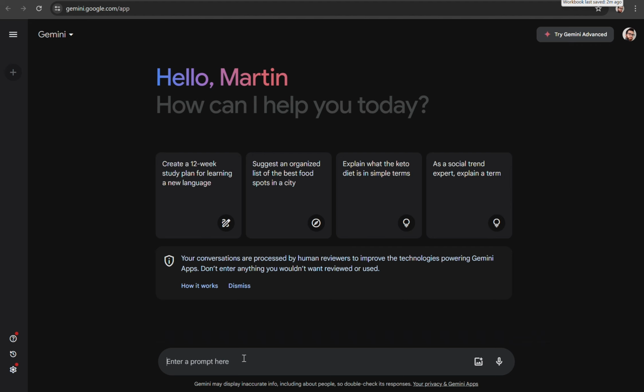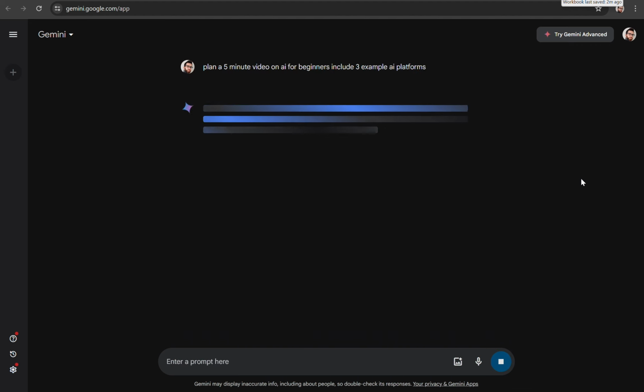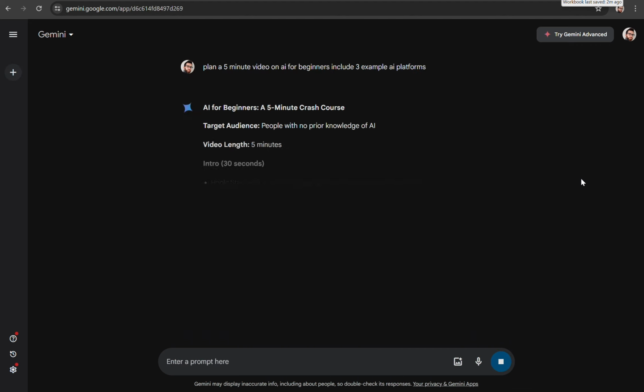So in my prompt here, I can say plan a 5-minute video on AI for beginners. Include 3 example AI platforms. Okay, so I'm going to then click on this submit arrow over on the right hand side,